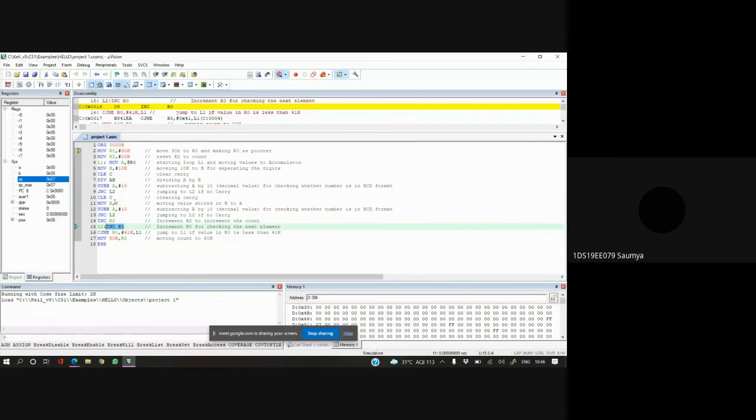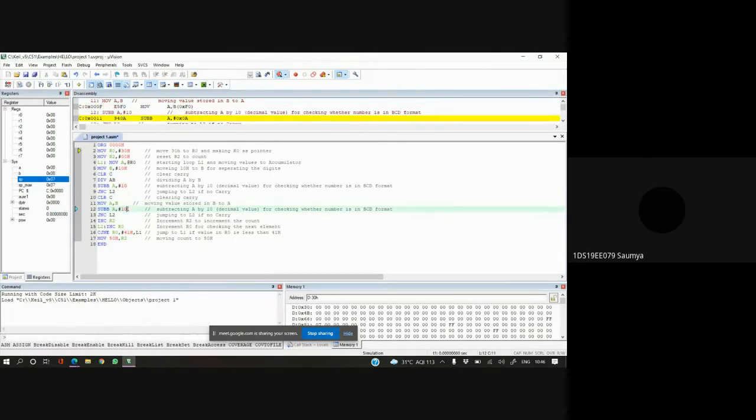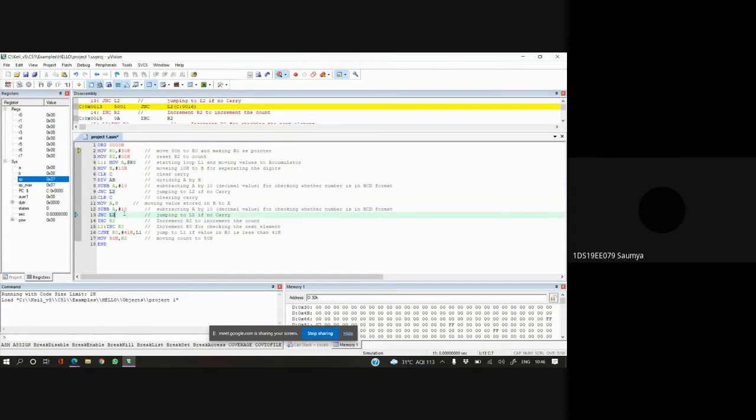Or else we check B. Every arithmetic operation we do in the accumulator, so we store the value in B into A, and then subtract 10 from A. If there is no carry, we jump to L2 and increase R0, or else there is an increment in R2 where we store the count.